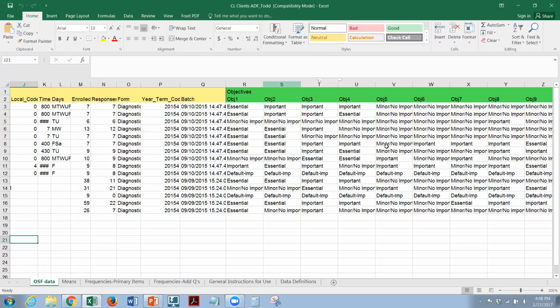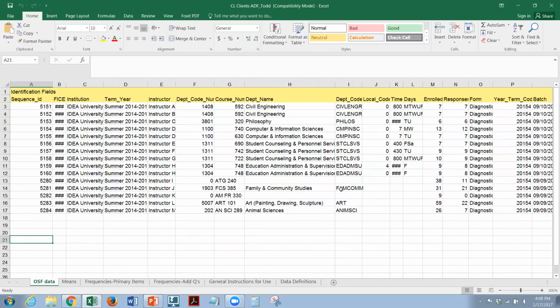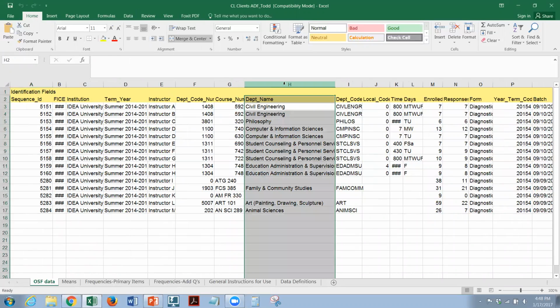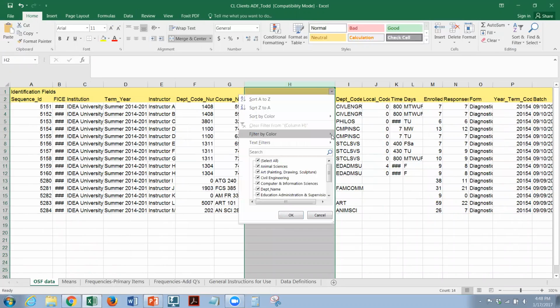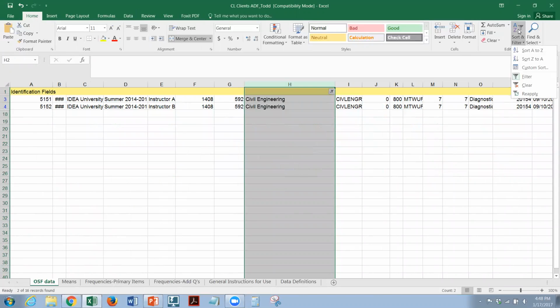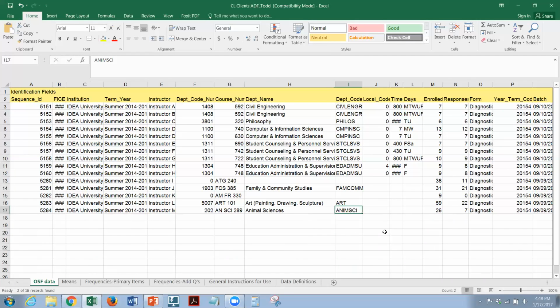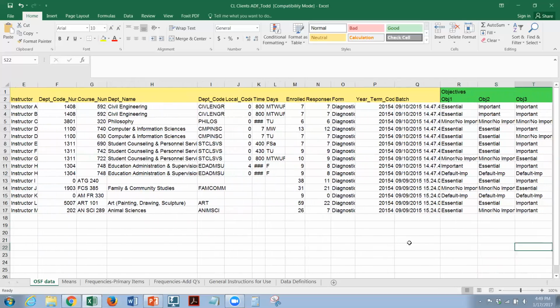So for example, if I begin at the beginning here, I'm going to go back. The kind of things that you will see, obviously, you'd see the instructors, you'd see the course number, the department name, and this would give you the ability to filter. And let's say you only want to see the courses of only those who are doing civil engineering, then you'd have to filter it using the filter on the Excel spreadsheet. And then the other kind of information that you'll have is obviously you'll see the year, the batch number, the objectives,